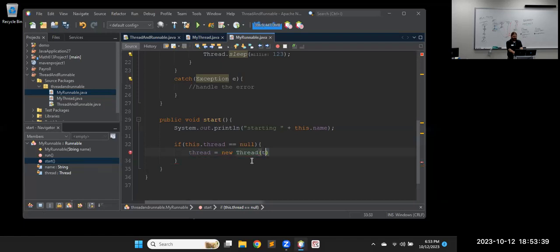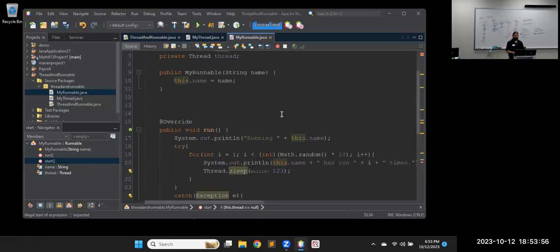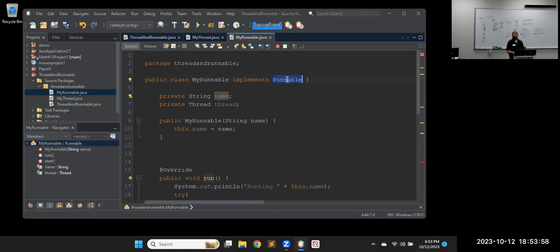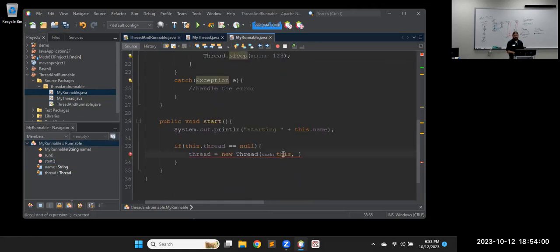We need a task it's going to carry out, and a tag. It's overloaded. So the task we're going to carry out, I'm going to say this, because this is a runnable, right? So we pass in this runnable type of data, and then that's going to be the task we want to carry out. And again, it's overloaded. There's several other ones, and then we need a tag to refer to it. So I'm just going to pass in this dot name as the tag,